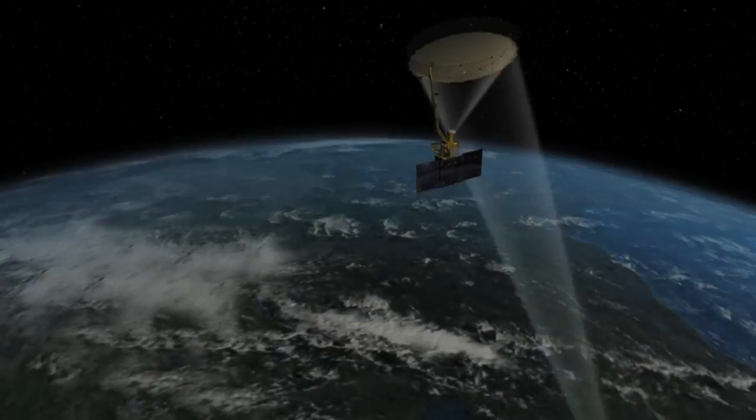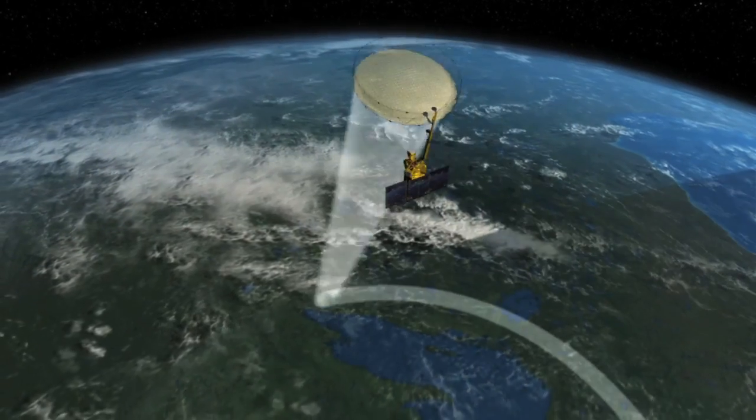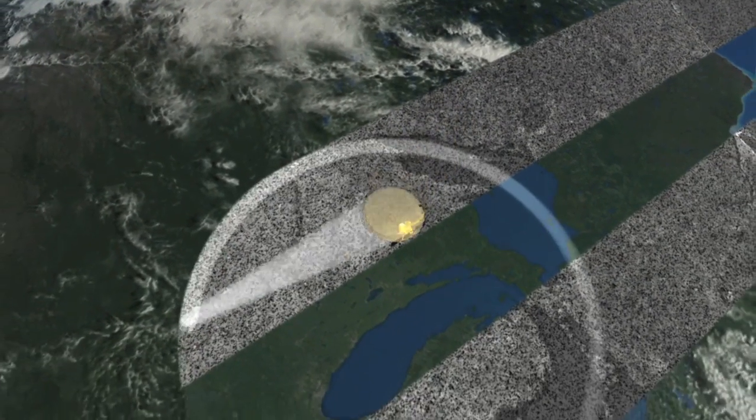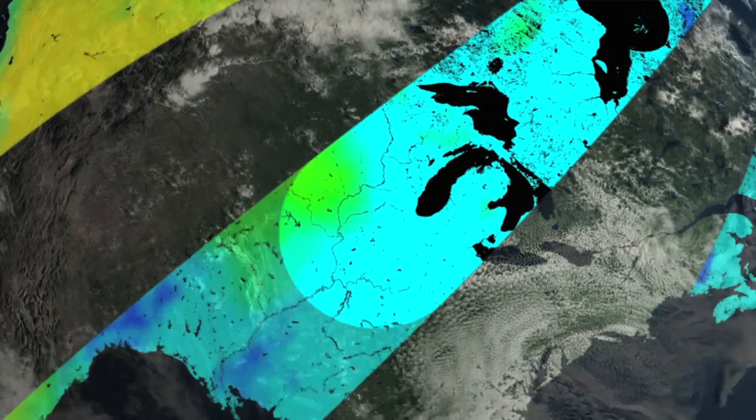The satellite combines two key instruments, an active radar and a passive radiometer, which can provide high-resolution, accurate measurements at a frequency and scale never before possible. Right now, what people are using is a few sparse measurements of soil moisture at a relatively small number of areas over the Earth, and then they apply those measurements to models that infer what the soil moisture is on a global level. What SMAP will do is replace that with a much more accurate direct measurement of soil